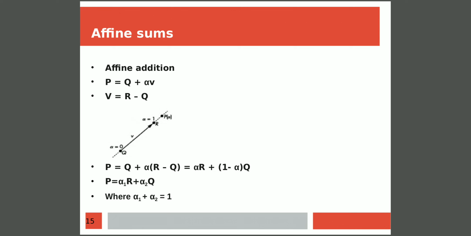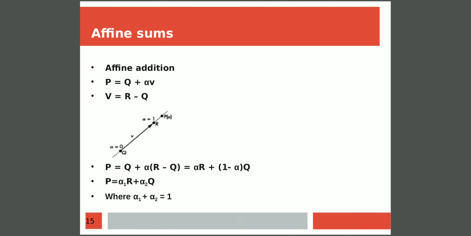Whenever we increase the value of alpha to a positive value from q, we are going to get new points on the vector v. Whenever the alpha value becomes 1, we get a new point called r. In between q and r, we will have many points on the vector with specific values of alpha, and those should be positive values. If you give a negative value for alpha, then we'll move in the other direction of the vector. We are not interested in that direction. We want to move only towards the direction of the vector.